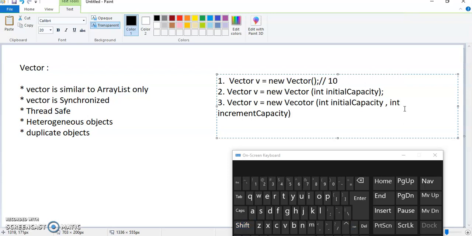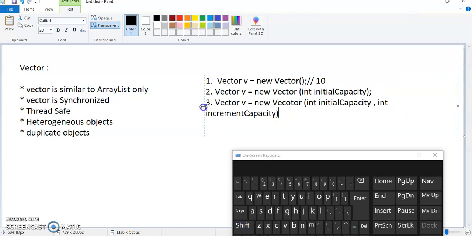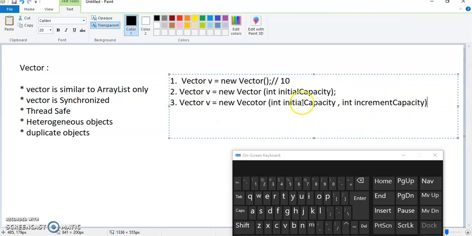For example, your initial capacity is 10 and you want to increase your vector by 5 elements, so you give 10 and here you mention 5. Then it will be incremented by those 5 elements every time.